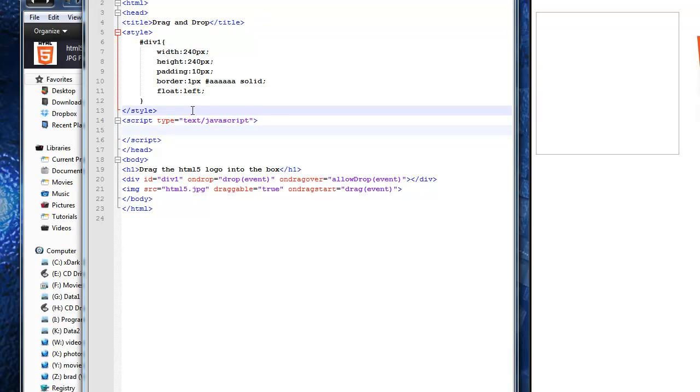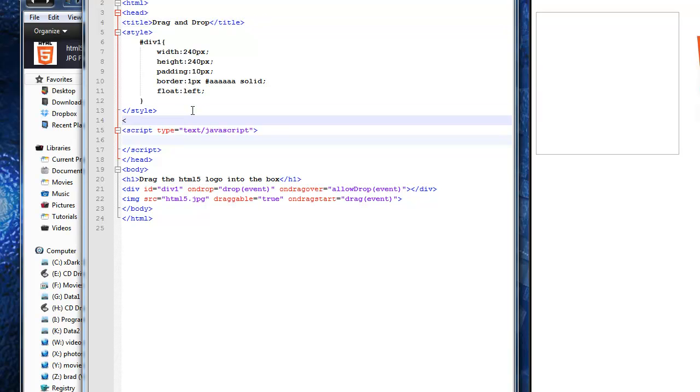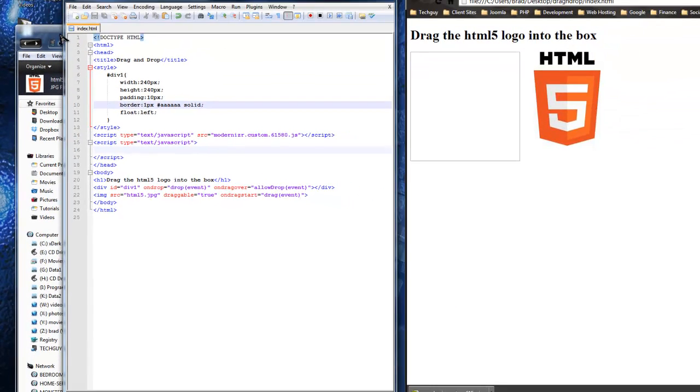So we want to do script type equals text JavaScript, and we want to do source, and we want to put that file name in the source, and then we just want to close it and then add our ending script tag. Okay, so now the Modernizer file is linked to this HTML file,